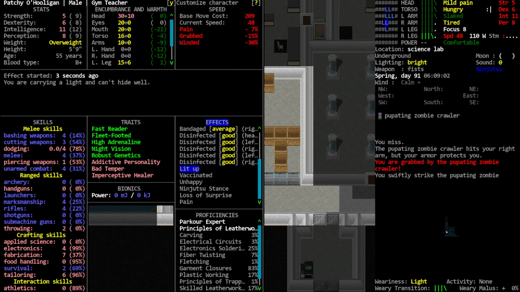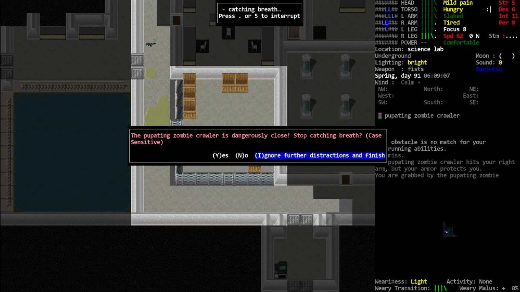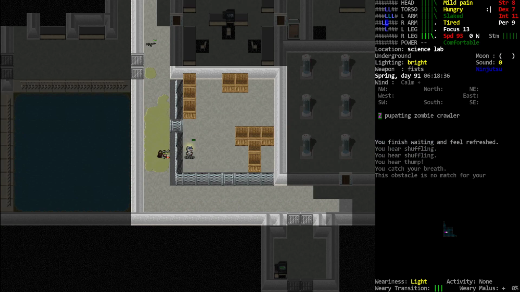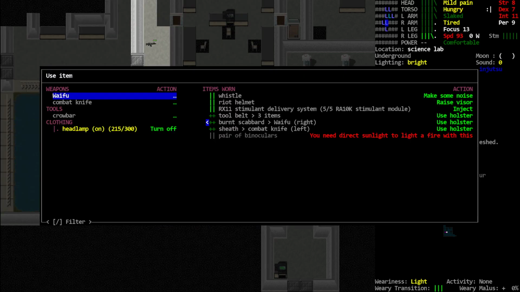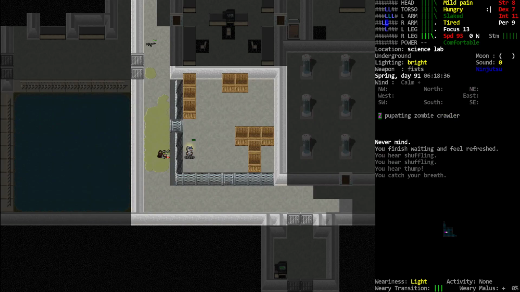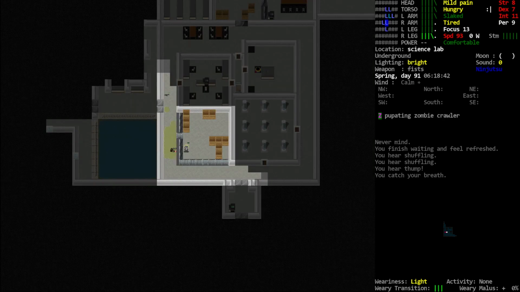Winded, grabbed, lightly weary. Lit up. Don't want to be winded. Problem now is just the super low focus. We're only getting 13% of the XP we would get normally for combat actions, so these numbers are barely going up. I don't have a good way of really offsetting that currently. Really would like to get that finished up, though. It's really powerful to get those 2 unlocks done, and we're fairly safe here doing this, so...